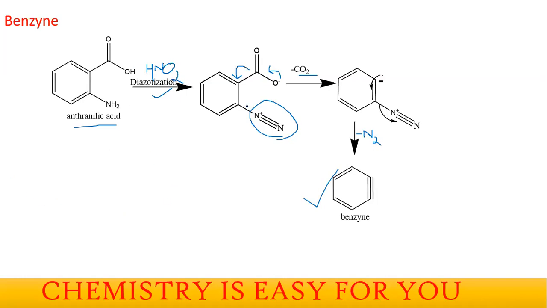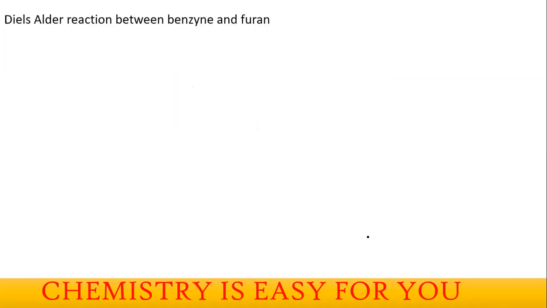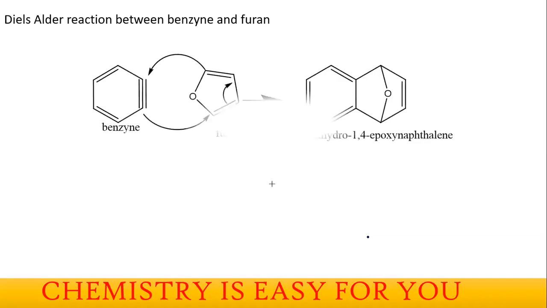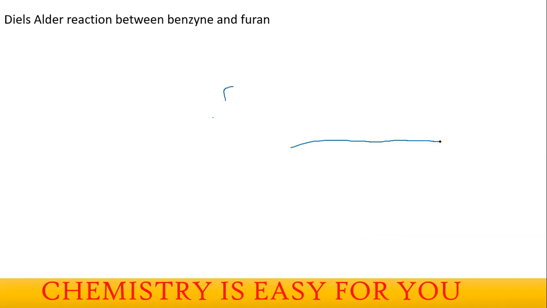Anthranilic acid with HNO2 first gets diazotized to form this particular species, and carbon dioxide will be removed and the formation of benzene takes place. Now, in the next step, to lead to the product, there will be a Diels-Alder reaction between benzene and furan. Let's take a look at that reaction. We have benzene here and the furan. One among the three double bonds of benzene will be moving to this carbon of the furan, and this double bond will be transferred to here, and we will get the product 1,4-dihydro-1,4-epoxynaphthalene.